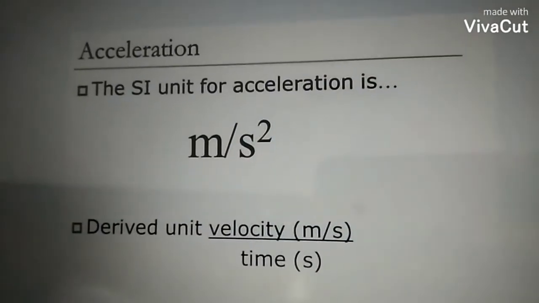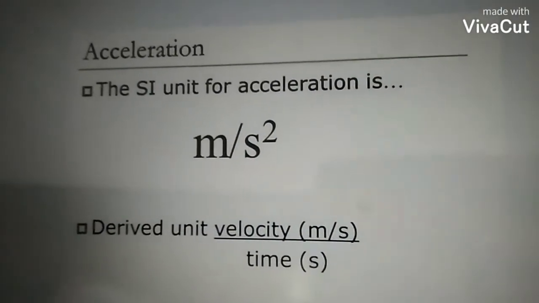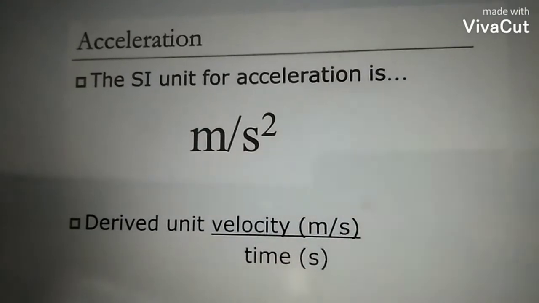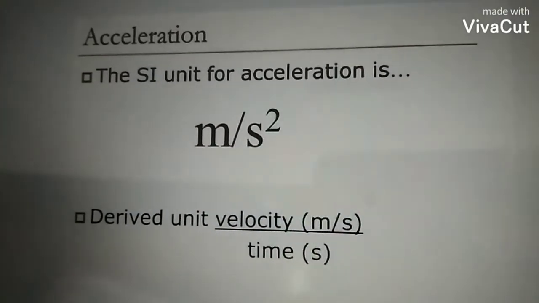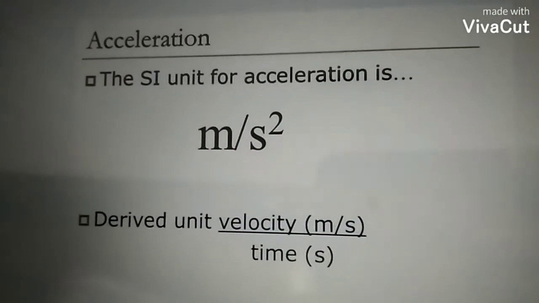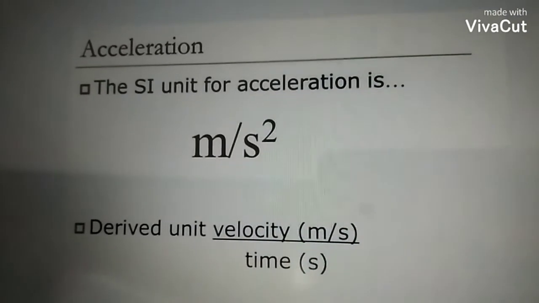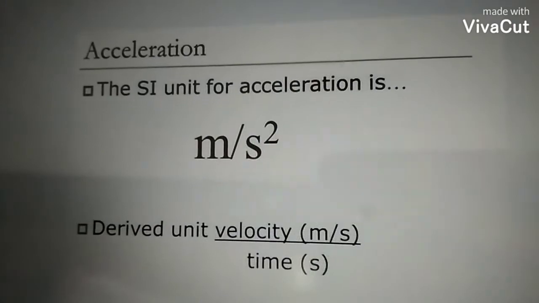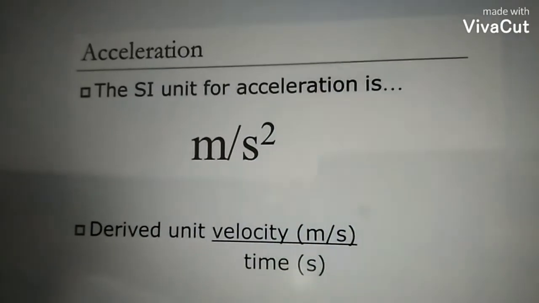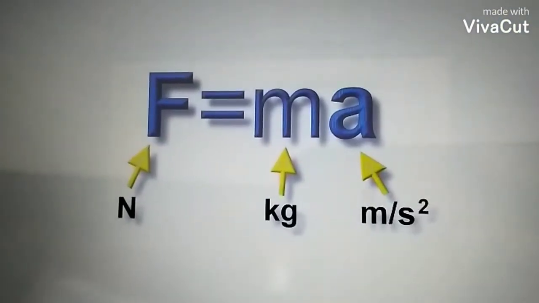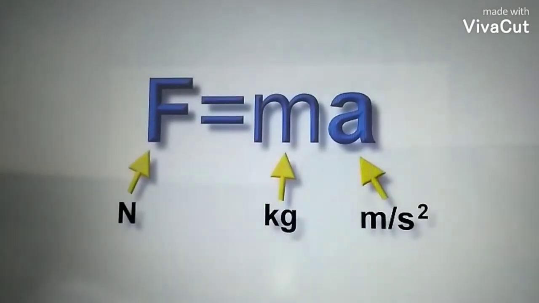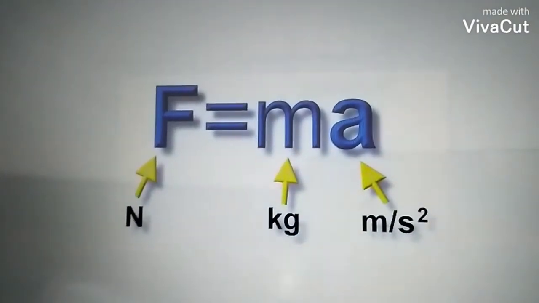As we know, the unit of acceleration is meter per second squared and it is derived from the formula velocity divided by time. Velocity has the unit meter per second and time has the unit second. So why do we get second squared here? Because the bases are the same, so the powers are going to add up. That's why. This unit, kg meter per second squared, is also equal to Newton, and usually for force we use